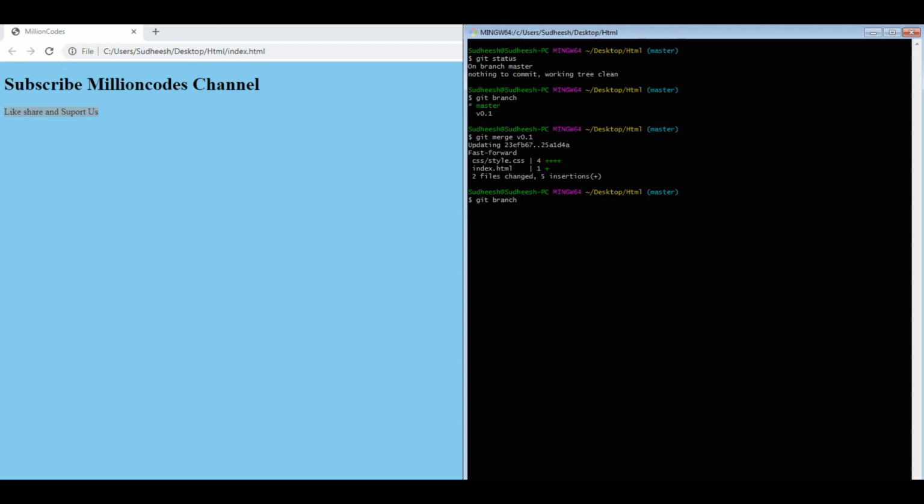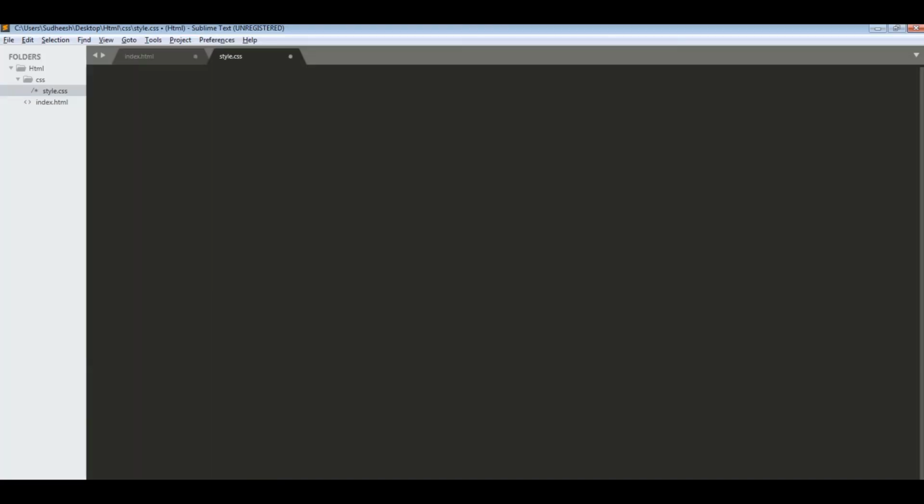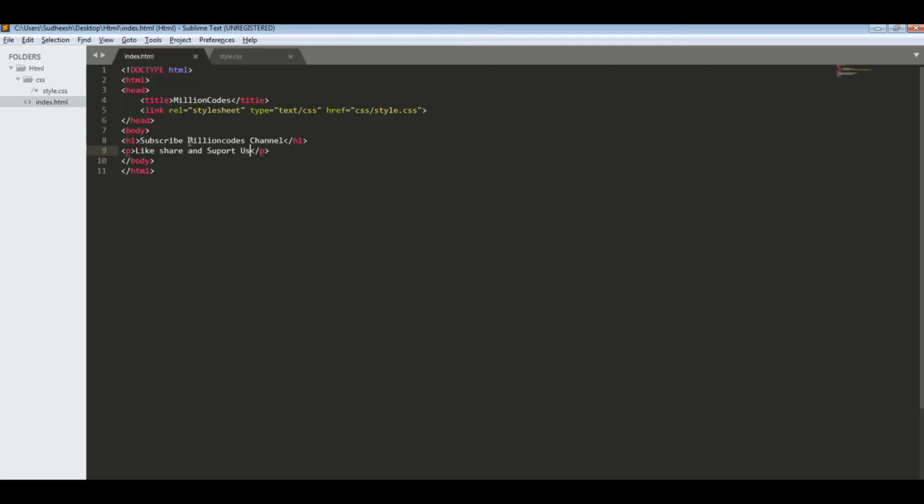So I am going to create a branch as version 0.2. I am going to check out to version 0.2. Did you understand what I have followed? Using the version 0.2 branch, I am going to make changes in my own way on the document. So this is my document. I have merged with the master branch, and I am now on the 0.2 branch.